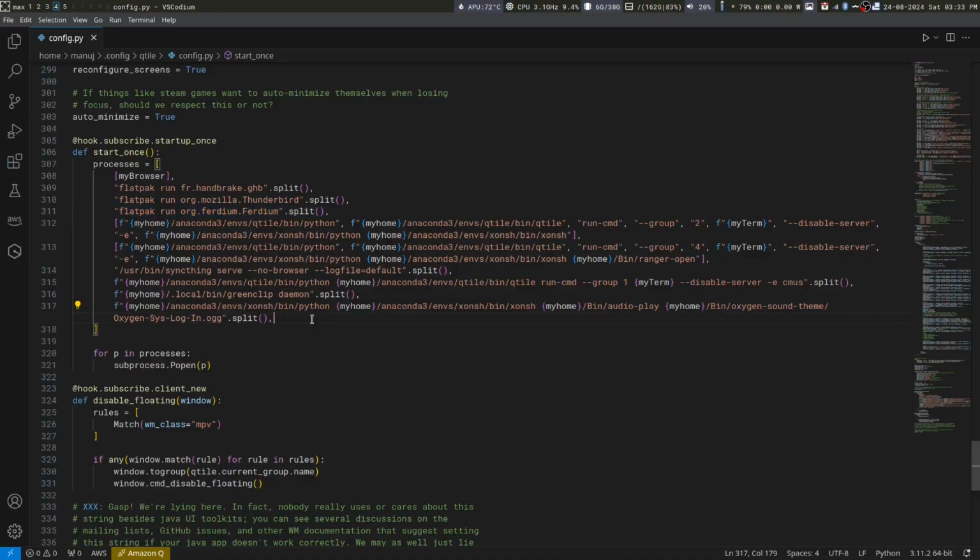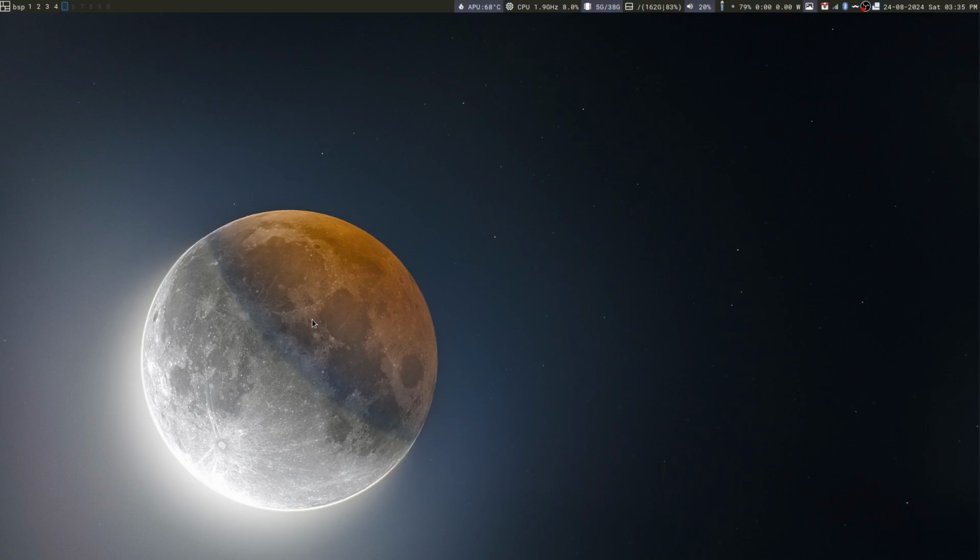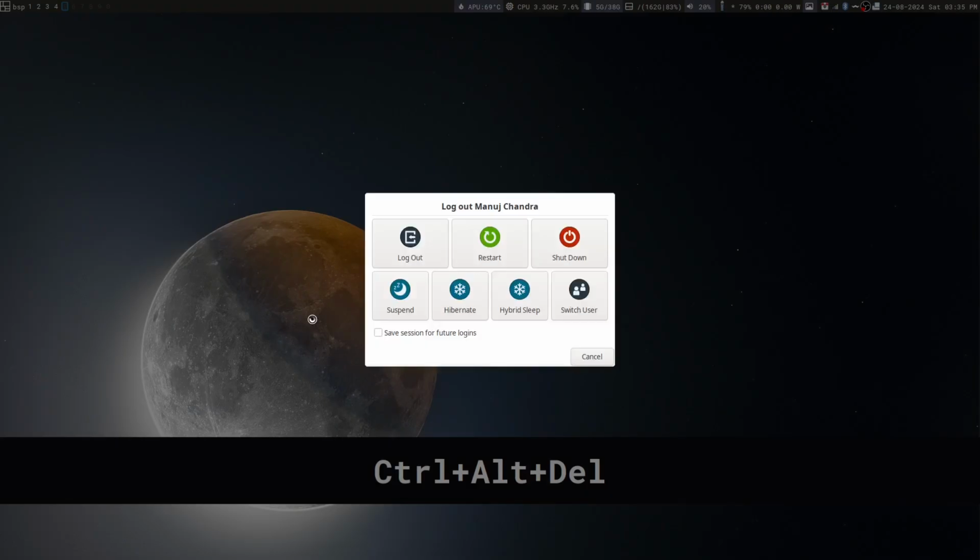The last thing that I want to show you is how to shut down the computer. Now there are two ways you can do it. You can use the XFCE's method for shutting down the computer, or there's a custom script which you can use to shut down the computer. Now if you press Ctrl, Alt and Delete, you will see the XFCE's shutdown dialog where you can log out, restart, shut down, you can hibernate or suspend, etc. This is one way to shut down the computer. If you want to quickly shut down the computer, you can press Alt, Ctrl and Delete and shut down, and your computer will be shut down.